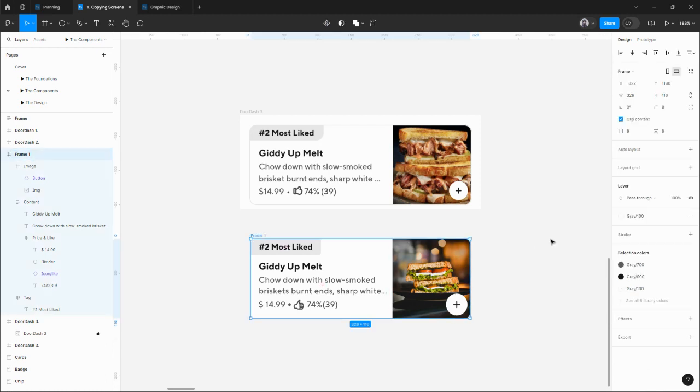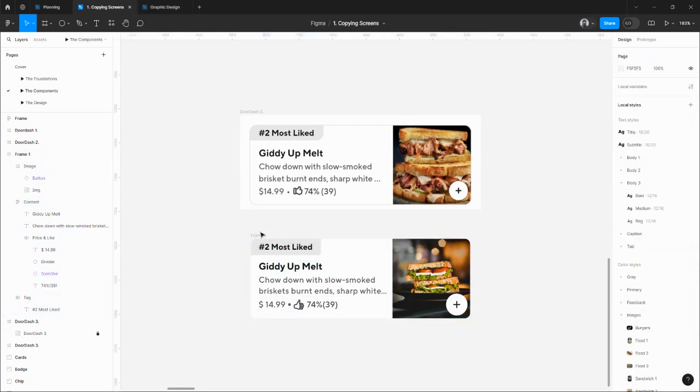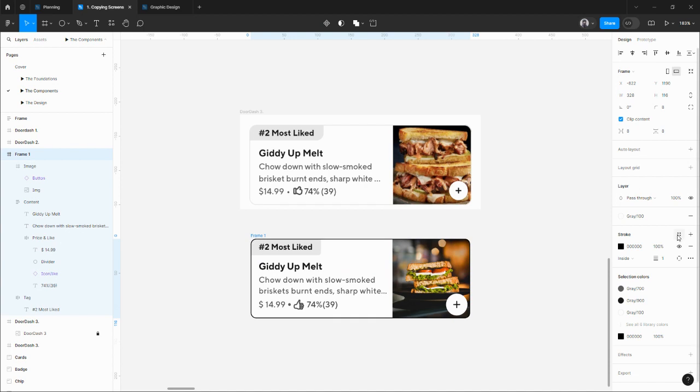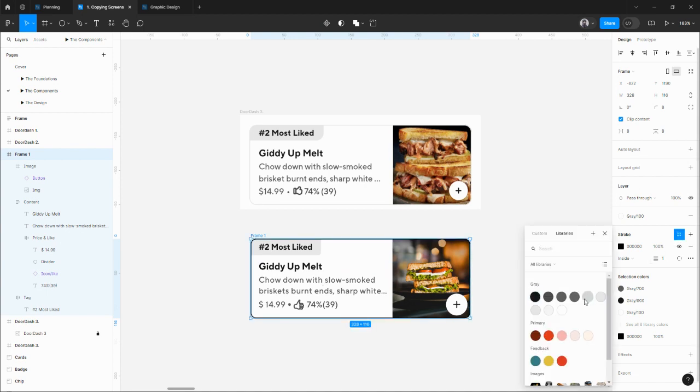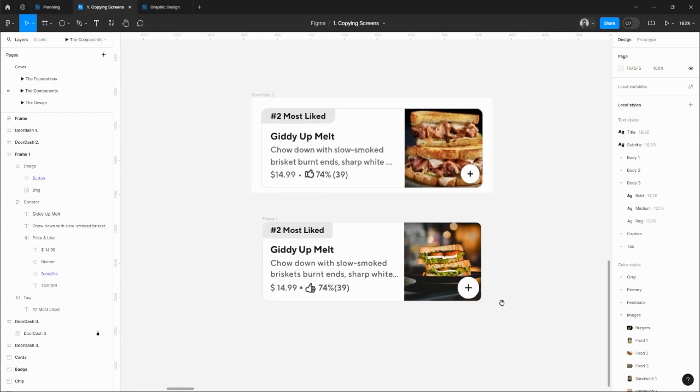So that part is done, but now we have to apply the stroke. Stroke is the same color as gray 400. So let's add a stroke and apply 400. And yes, we have the card ready. Now we just need to apply